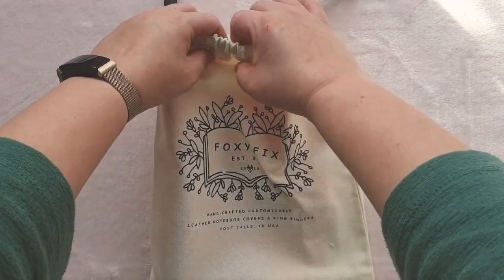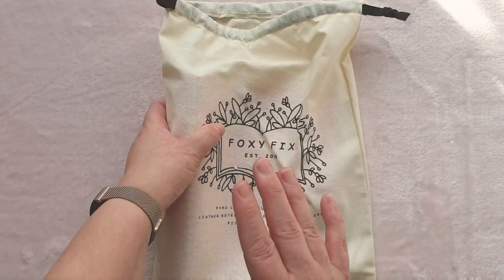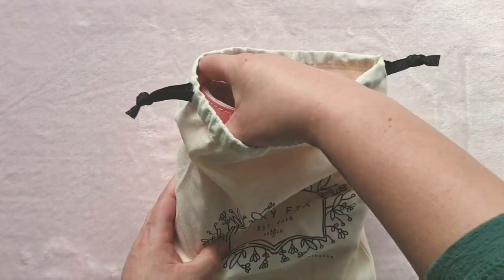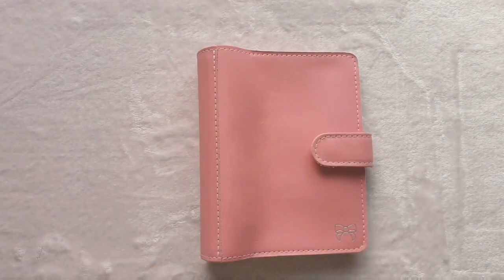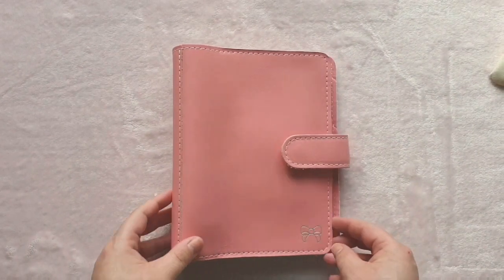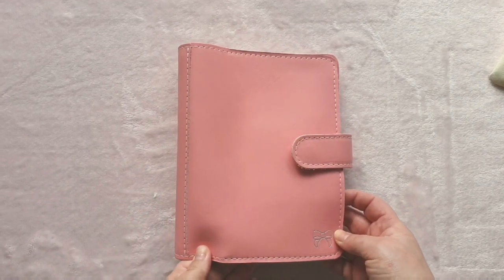But oh my goodness, I'm so excited for this. If there's anything wrong with it, if there's any marks in the leather or anything, I think I'll cry. I think I will cry, because I want this so bad. Oh my god, I can see it. It's so beautiful. Oh my goodness. So I picked up a Foxy Fix personal snap closure in the gorgeous sweet peach leather that